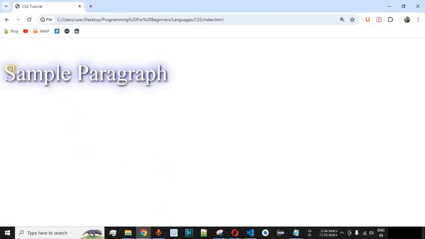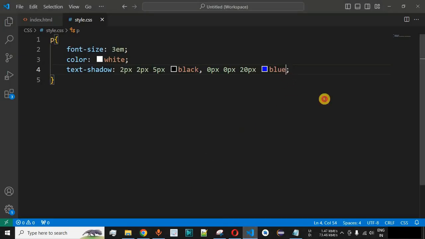So as you can see, we are getting the blue color text shadow to some extent, which is improving the appearance of this particular sample text. Now guys, apart from this, we can also add a darker version of the blue color as the third text shadow. So again, we are going to provide a comma and then followed by 0 pixels of horizontal and vertical shadows over here.